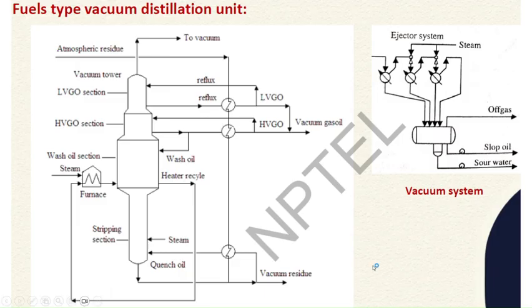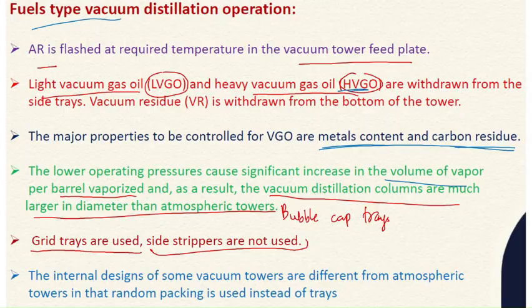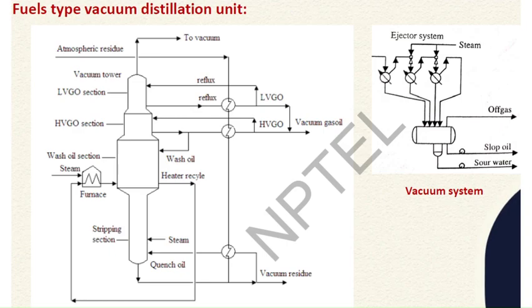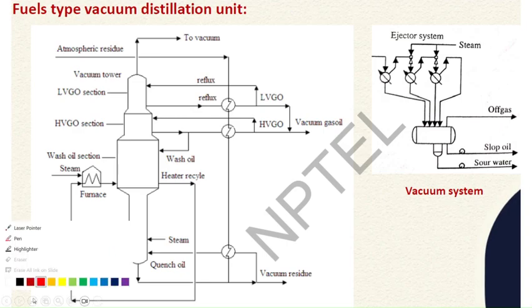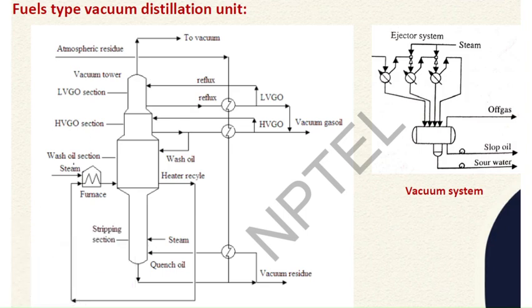Okay, audible and visible. Yes, ma'am. Okay, so coming on to the fuel type vacuum distillation unit. Basically, we were talking about the fuel type distillation unit. So coming to the flow sheet of the fuel type distillation unit, from here we can see,